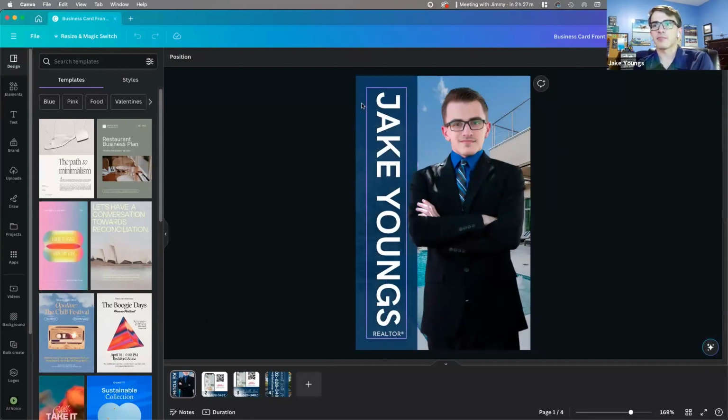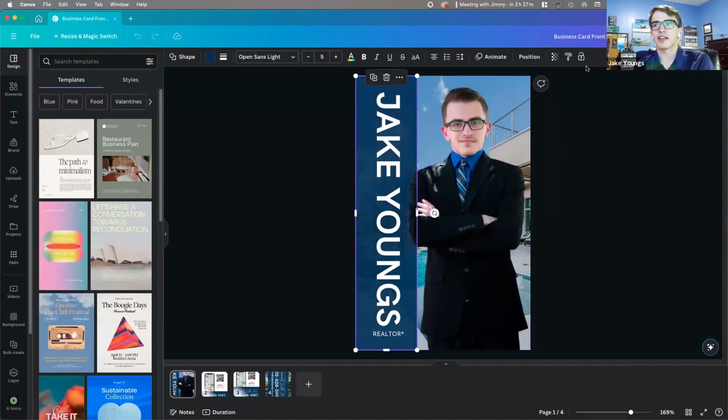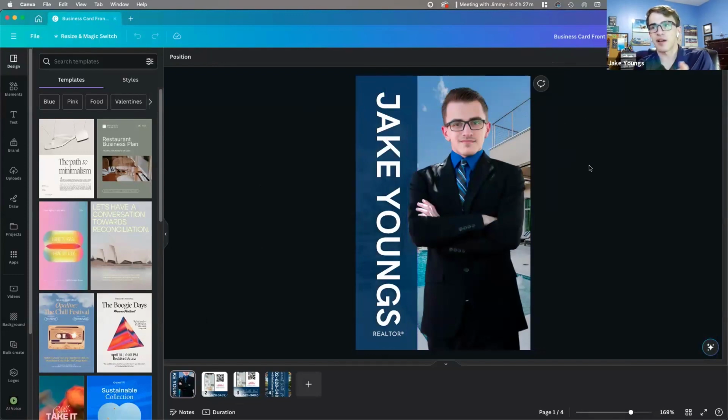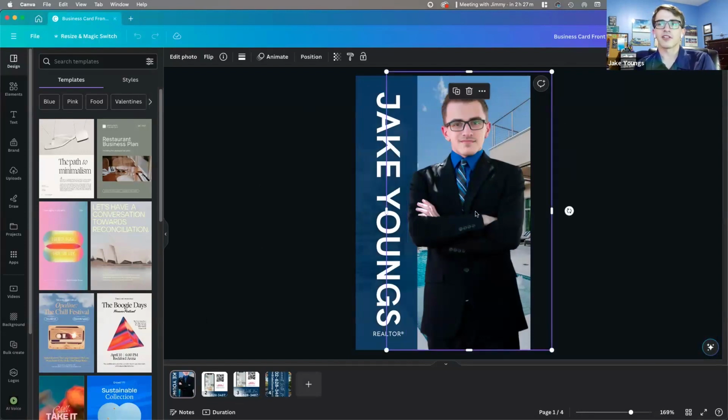Got a blue rectangle over here on the side that I've adjusted the transparency on, so that way I can see the background behind it, and then just layer my text on top of it. But then I also put myself on top of that rectangle, so that way it adds a little bit of